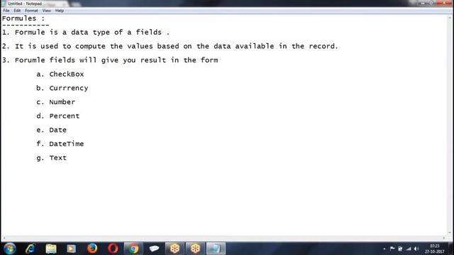These are the different types of results that we are going to get. Formula is going to give you a result in the form of checkbox, currency, number, percent, date, time, text.